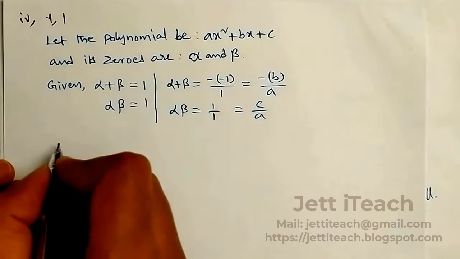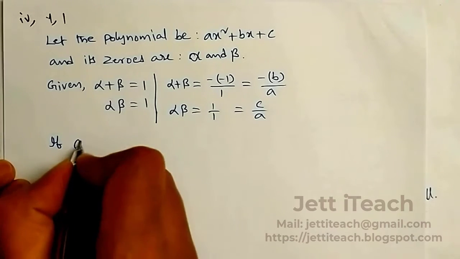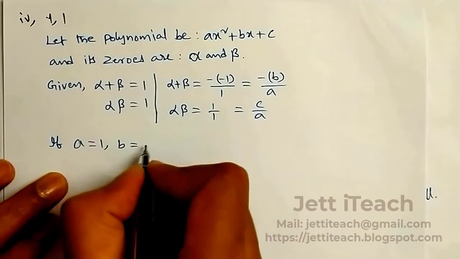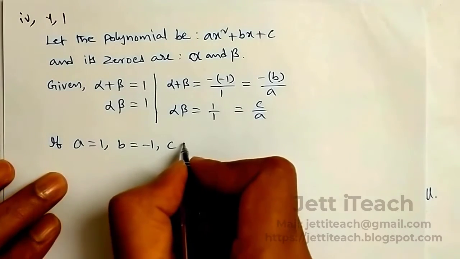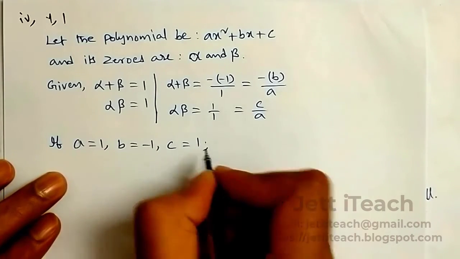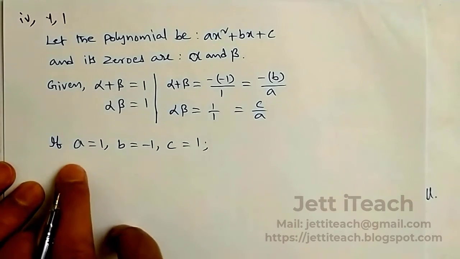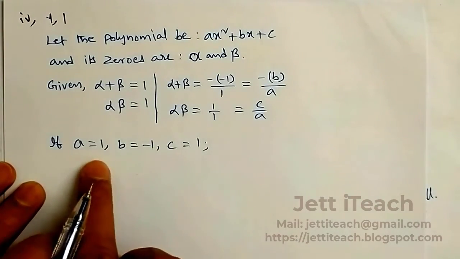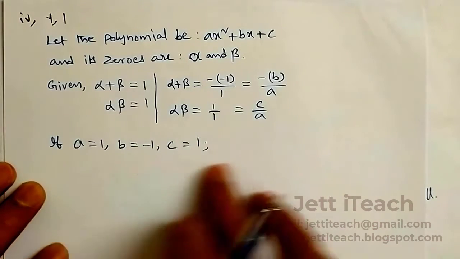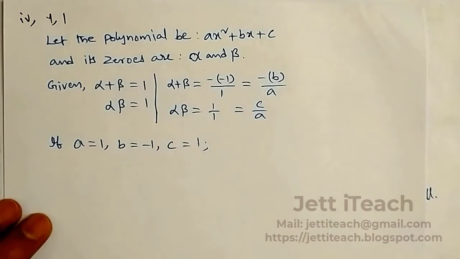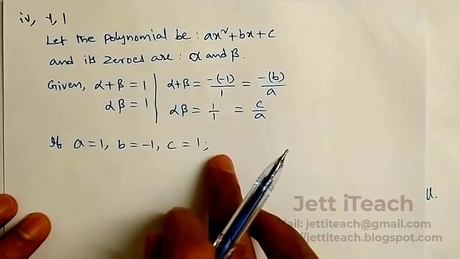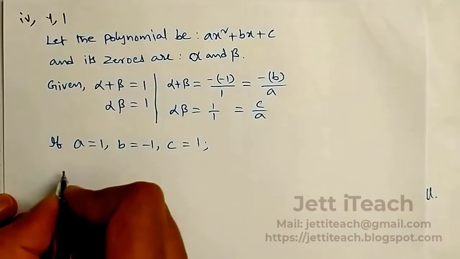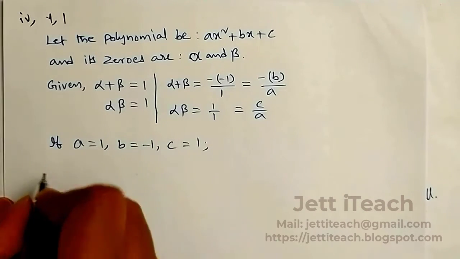Now you can write the values of a, b, c. If a equal to 1, b equal to minus 1, c equal to 1. Why am I writing "if"? It's a division, so it can be multiples of 2. It can be a equal to 2, b equal to minus 2, c equal to 2, something like that. These are one of the values. Because of that I wrote "if". If these are the values, then